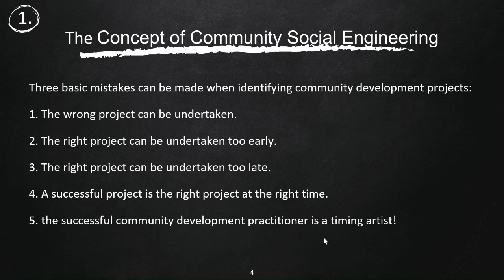Three basic mistakes they've been making when trying to identify community projects is they do the wrong projects because they assume that these people need light. They're in darkness, they need light because of where you are coming from, there's light. It may not be that they need light, actually. They may need other things. Assume they need a grinding machine. If they can grind, they won't be working too much, trekking. No, no, no, no, no. It starts with the people. So that can be a mistake.